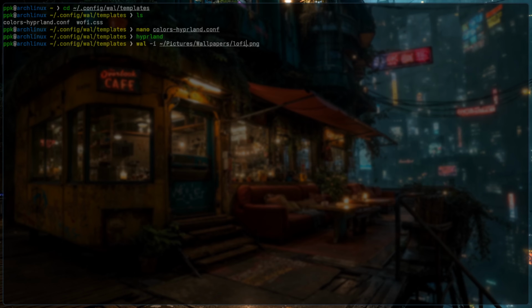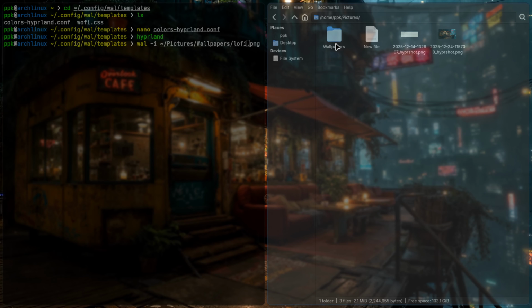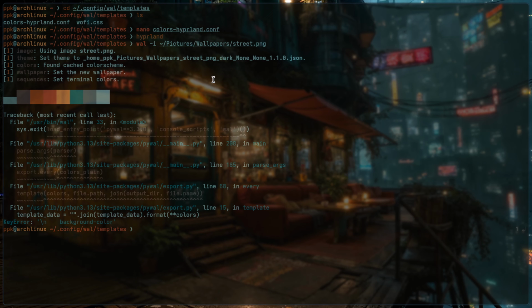I have no clue what the names are. That should be in pictures. Pictures, wallpapers. I saved my stuff there. Street. God damn it. Street. So the command is wal -i and then the path to your picture. Boom. It changed the colors here actually,